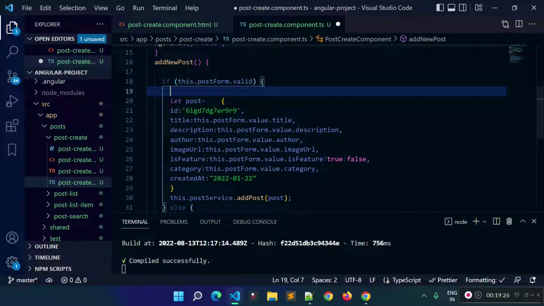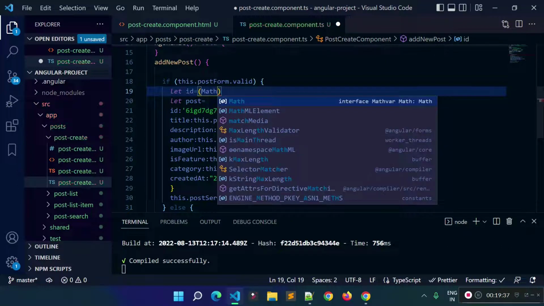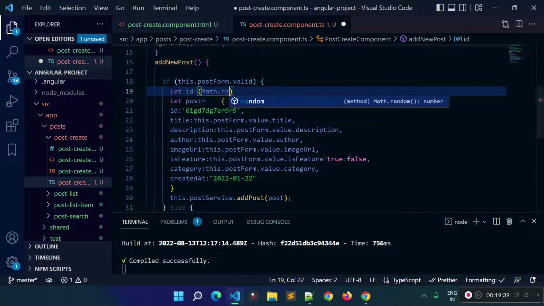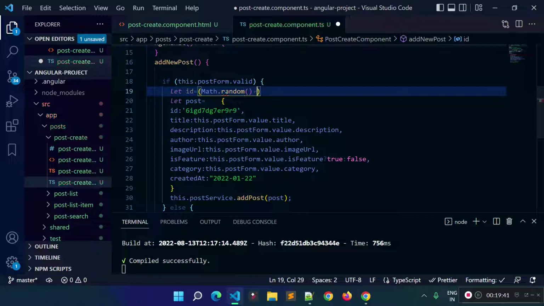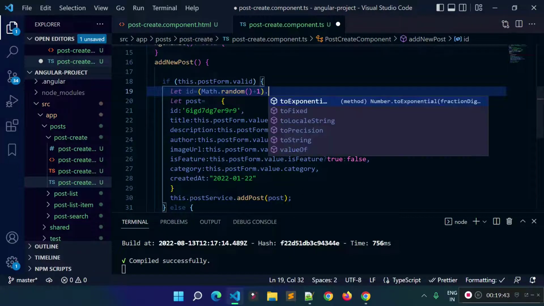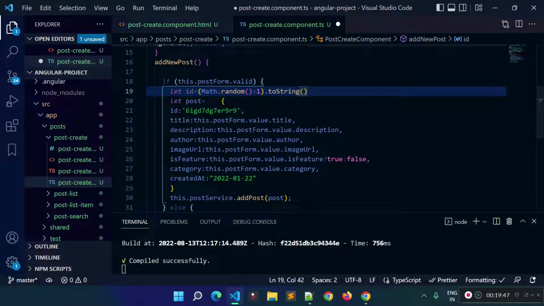So how can we generate a randomly generated ID? Let's say ID is equal to, and we can generate it with the help of Math.random, and then toString,